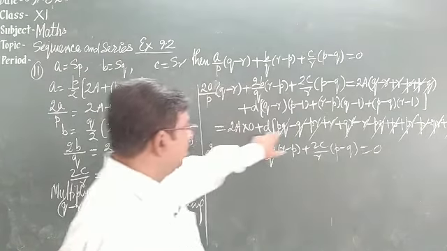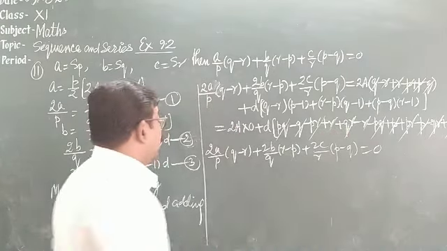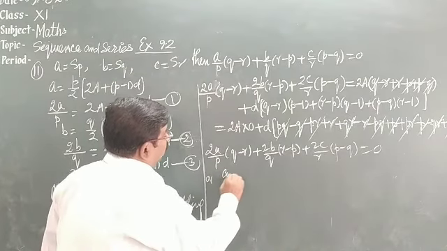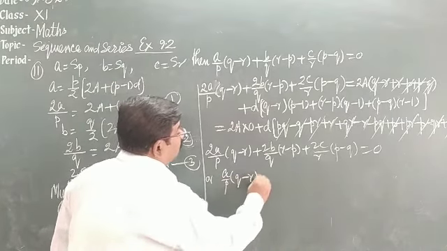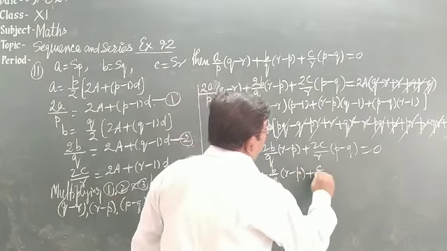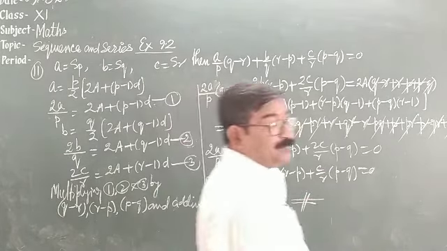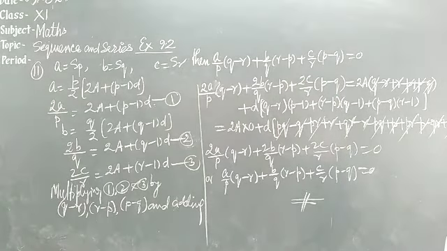Why? This becomes 0 and this becomes 0. Divide this by 2. 2 is everywhere, or we get A upon P into Q minus R plus B upon Q into R minus P plus C upon R into P minus Q is equal to 0. This was to prove. This is your solution of question number 11. You can note down by pausing the videos.